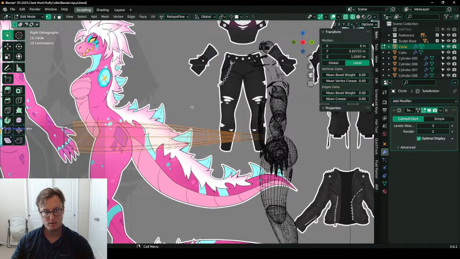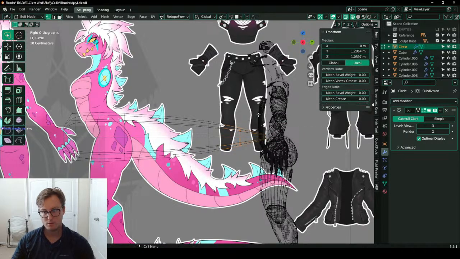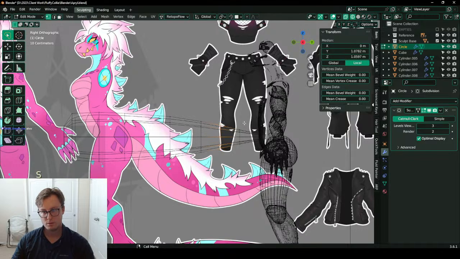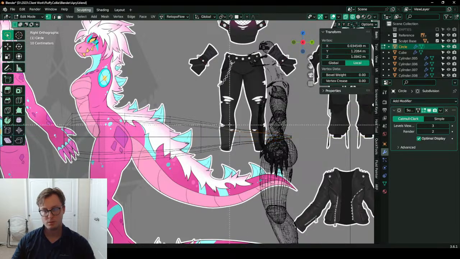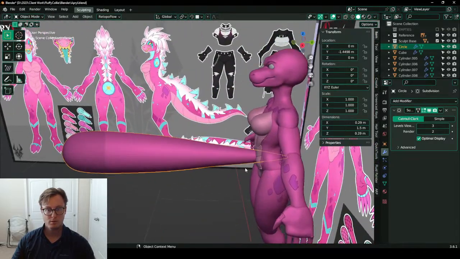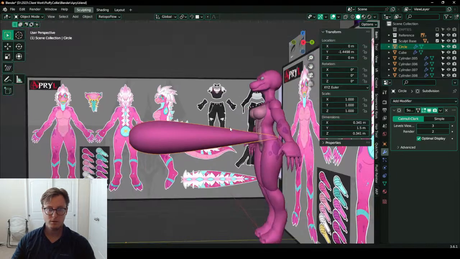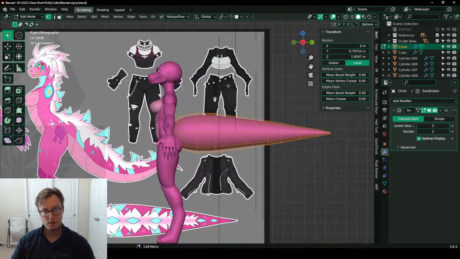Select everything except the tips and just hit Alt S. All right, a little too big.